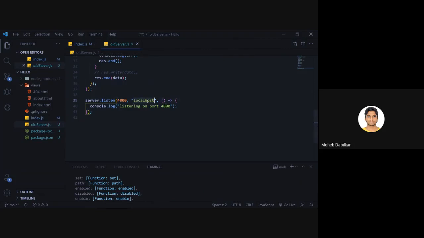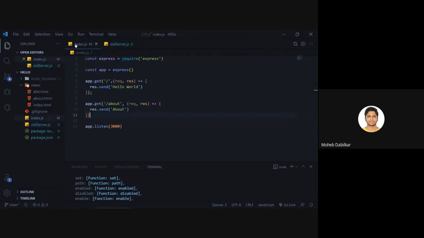Express, by default, knows where to run your port. So right now,